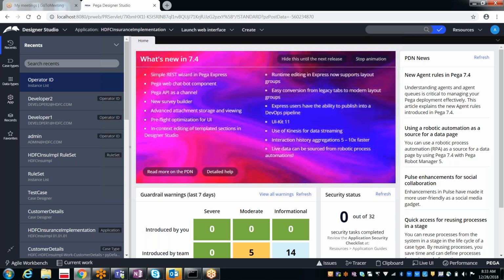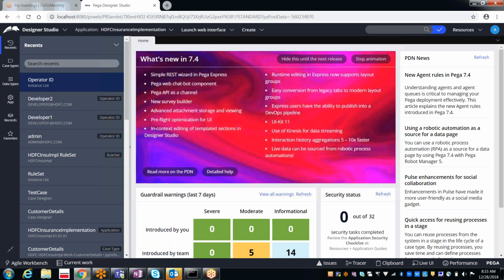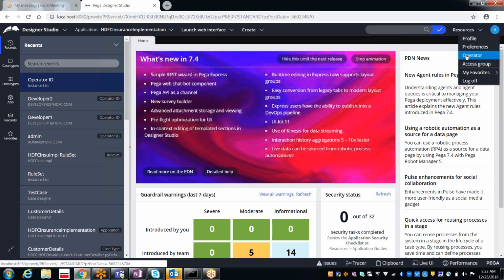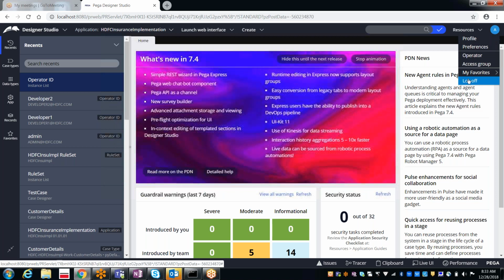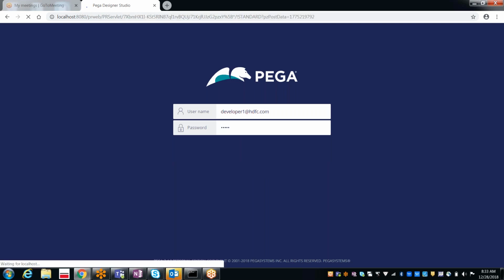So how exactly will we see this now? What is the operator ID? I think we are not using admin at HDFC, right? We are using developer1 at hdfc.com. Why? Because most of the rules are checked out through the developer1 operator.